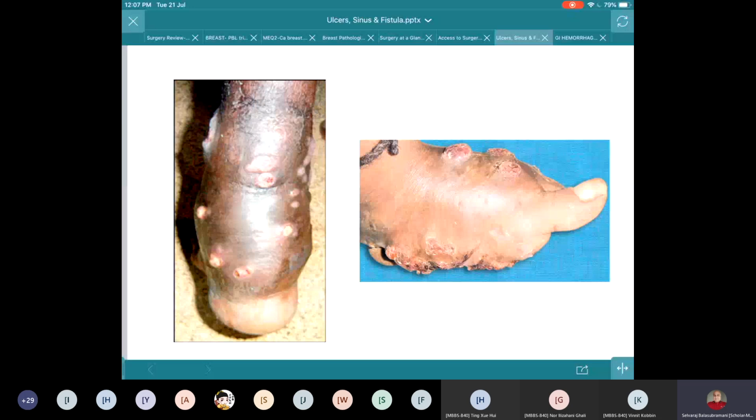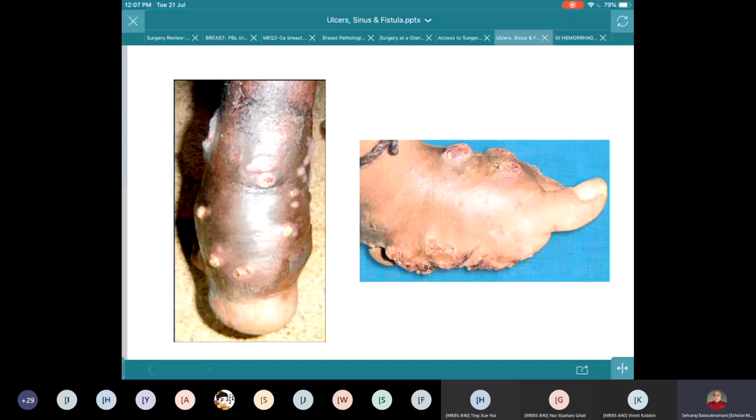But the granules are not yellow color granules, they are black color granules. I have seen plenty of cases of Madura mycosis in Madurai. Even now, that is the endemic area. So what is the treatment for these multiple sinuses? You have to give one antibiotic which was almost abandoned. What antibiotic are we not using nowadays, which was very famous when it was invented? Penicillin. Even today, crystalline penicillin, you have to give for this condition.